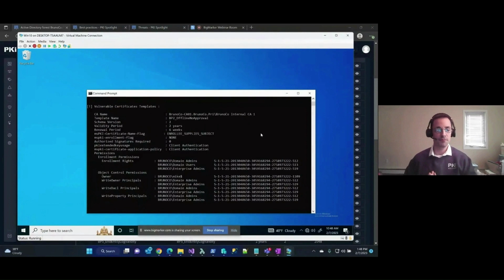So why is this template vulnerable? Well, for a couple of reasons. First of all, it allows the enrollee to supply the subject. So what that means is that the enrollee is going to be allowed to put whatever identity it wants in the certificate request. Combine that with the fact that there are no authorized signatures required for the certificate to be issued. So that means that as long as I have read and enroll permissions on this template, as soon as I submit a request to the CA, as long as that CA is online and receiving requests, it's going to go ahead and